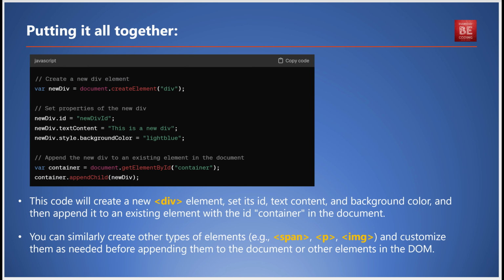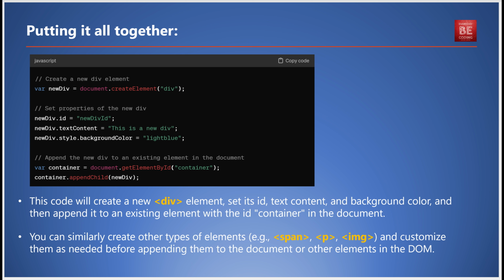Let's put all these steps together into a single code snippet. // Create a new div element. var newDiv = document.createElement('div'); // Set properties of the new div. newDiv.id = 'newDivId'; newDiv.textContent = 'This is a new div'; newDiv.style.backgroundColor = 'lightblue'; // Append the new div to an existing element in the document. var container = document.getElementById('container'); container.appendChild(newDiv);